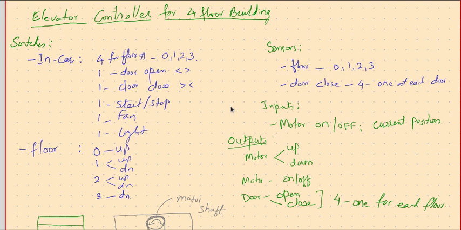There are two types of switches. One which you press when you want to move up, and one you press when you want to move down. That means if you are somewhere in between on the middle floors, and you are interested in going down, then just press the down button. Then whenever the elevator is going down and passing through that floor, only then will it stop, open the door, allow you to get in, and then continue the journey.